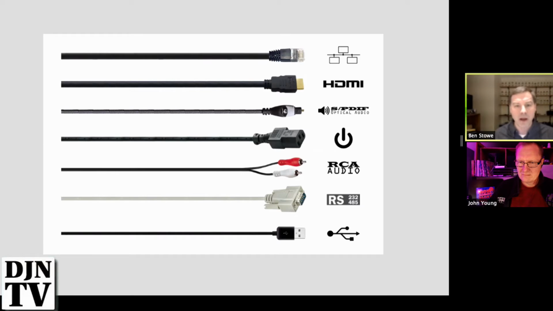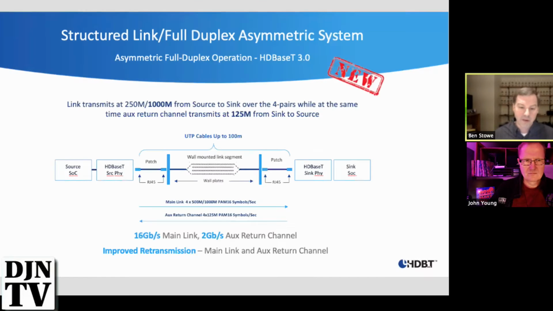Well, HDBaseT is a protocol that allows us to combine all of these onto a single CAT cable like CAT 5e, CAT 6, CAT 6A, CAT 7, and extend it. And we'll talk about those different CAT cables in a second. But obviously, we have serious limitations here on length. HDMI can actually go further than some of these other ones. So this will not only allow us to extend HDMI, but all of these as well as Ethernet.